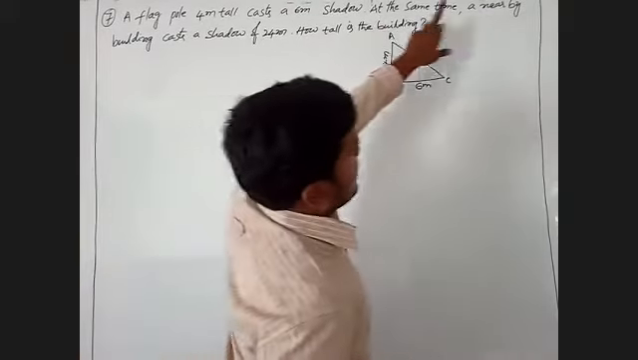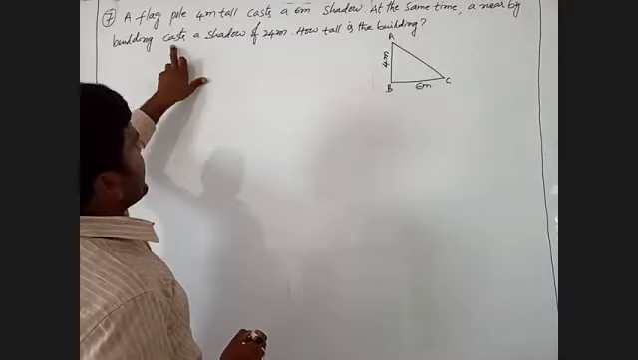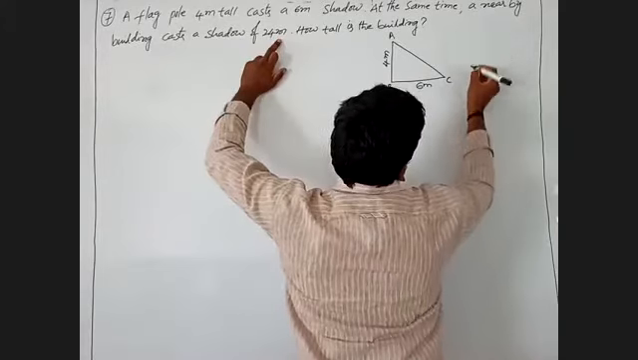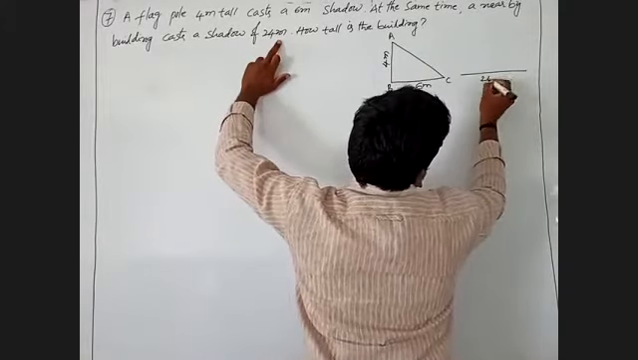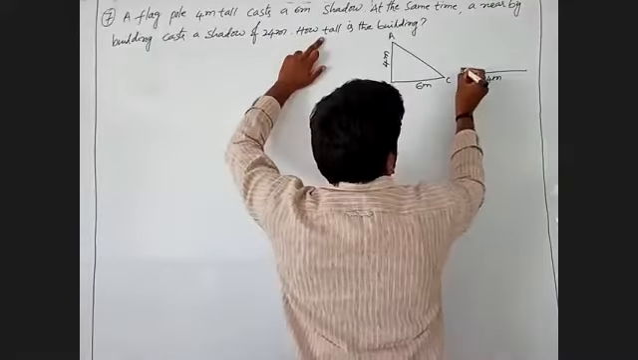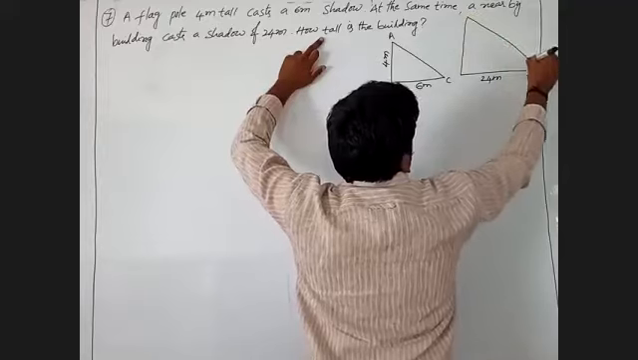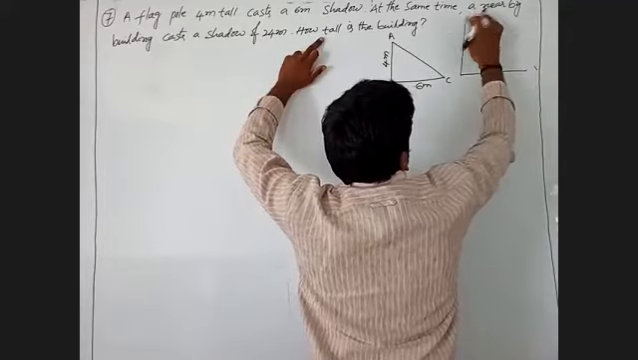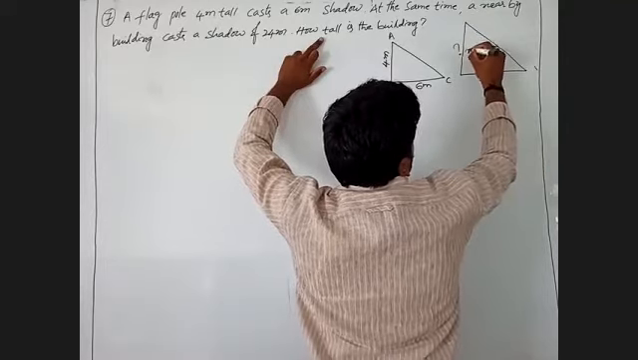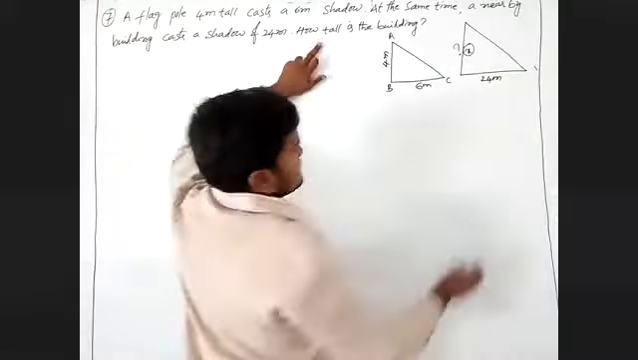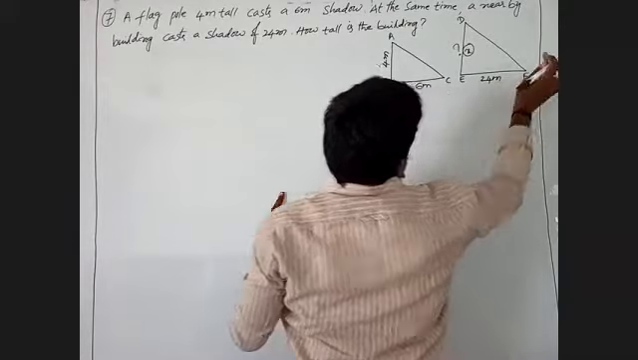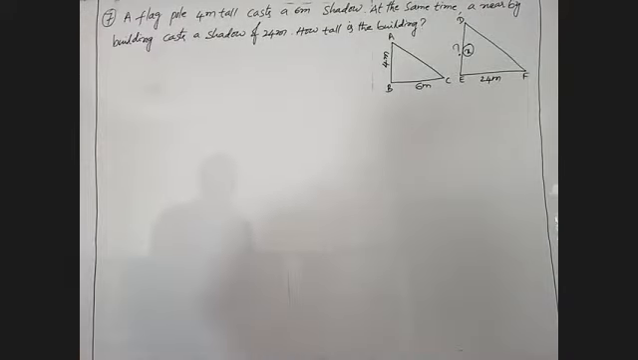At the same time, a nearby building casts a shadow of 24 meters. The building's shadow is 24 meters, given. But how tall is the building? We have to find out. That is, we will take X. This is named as DEF. DEF. I will write